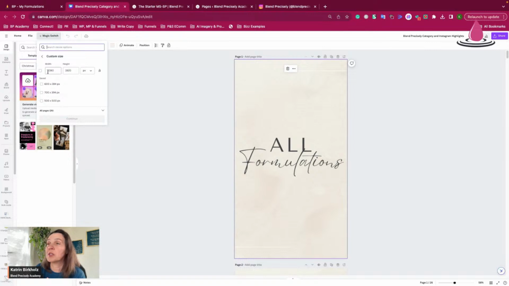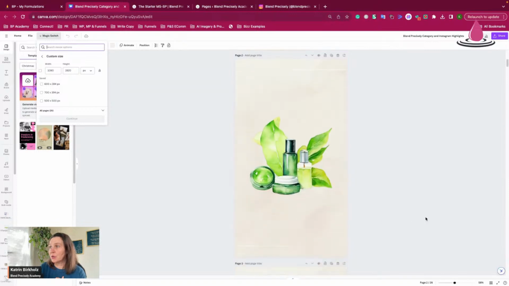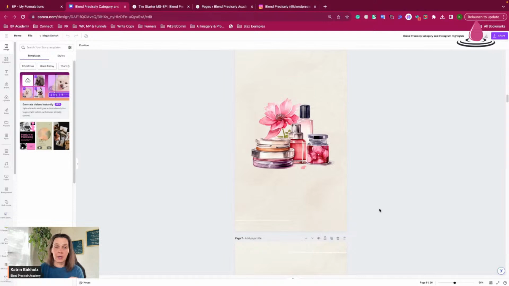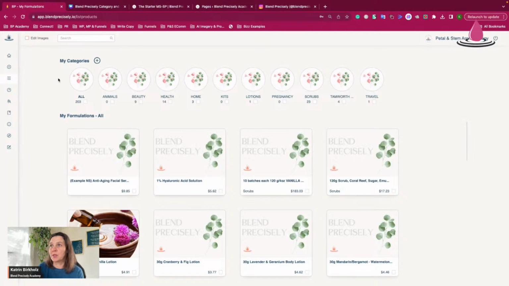Let me just go, 1080 by 1920, of course, because the height is 1920 pixels, and then the width is 1080. So these ones you can actually use specifically for your Instagram highlights, but I prepared them at the same time for you to use them in your